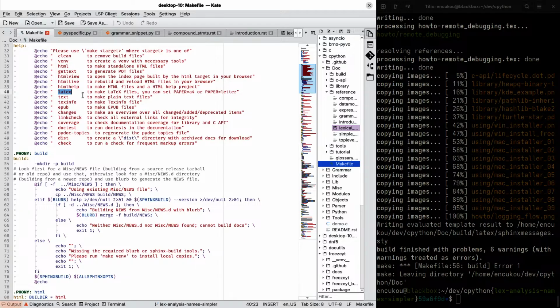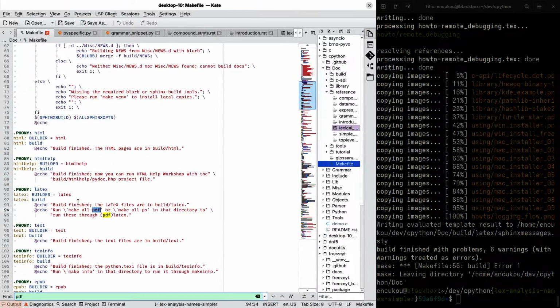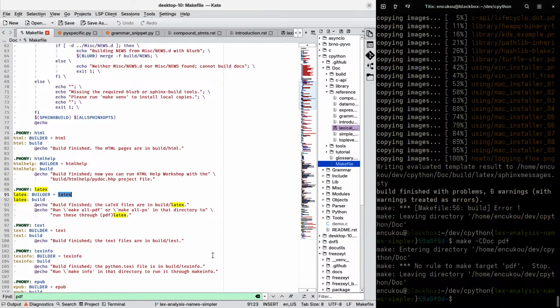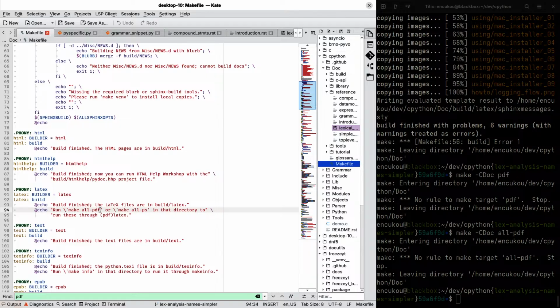So this has LaTeX. I don't know if it has PDF. Right. So if you build LaTeX, it will just give you the LaTeX sources, and if you do PDF, then... or all PDF. No, PDF LaTeX? That says make all PDF.